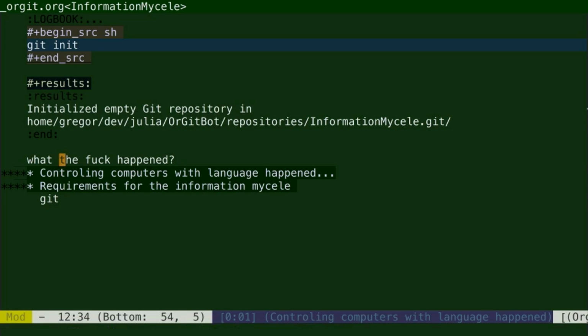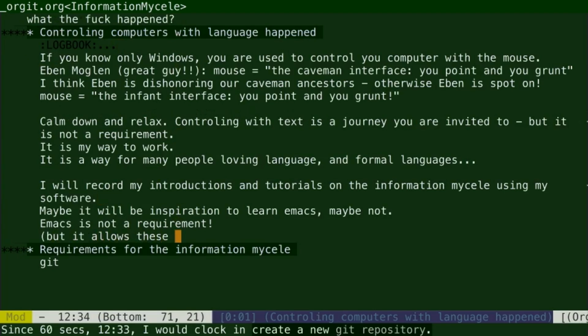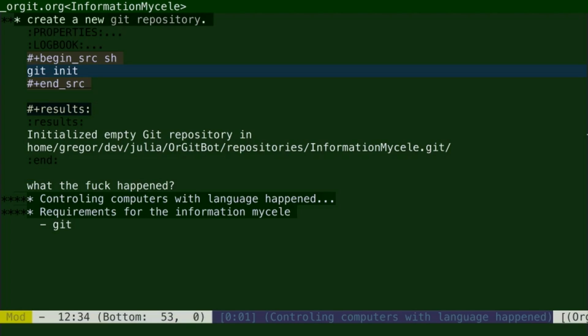By pressing tab on the headline, you can expand the content of the headline or collapse it again. These fancy things help a lot in your daily work to have an overview of your text files once they get a little bit longer.